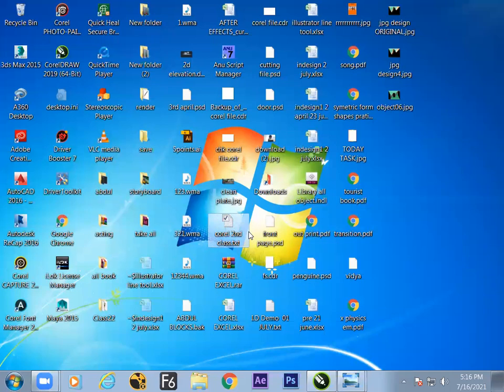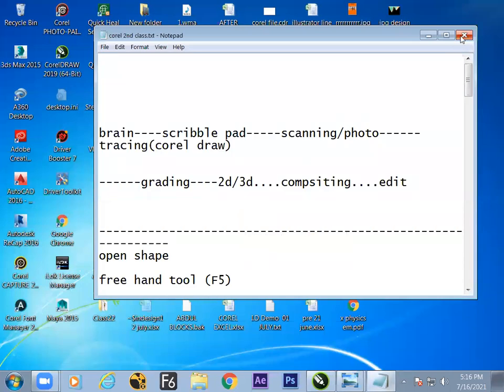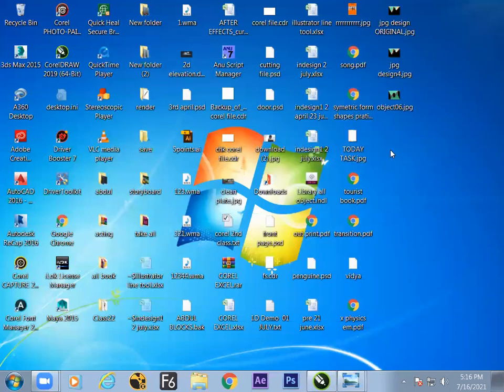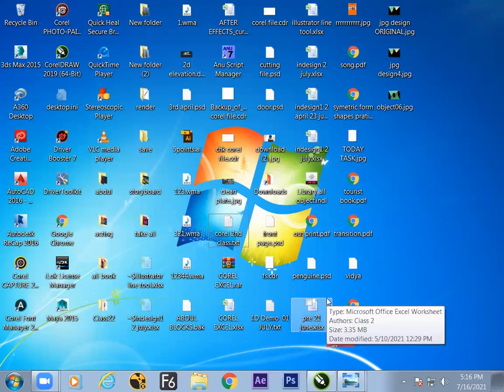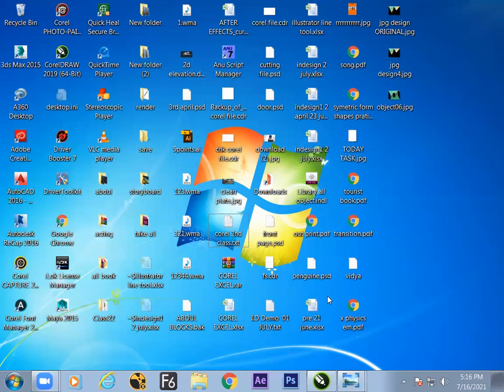Corel Draw. One minute. Corel Draw Excel, I'm searching for.